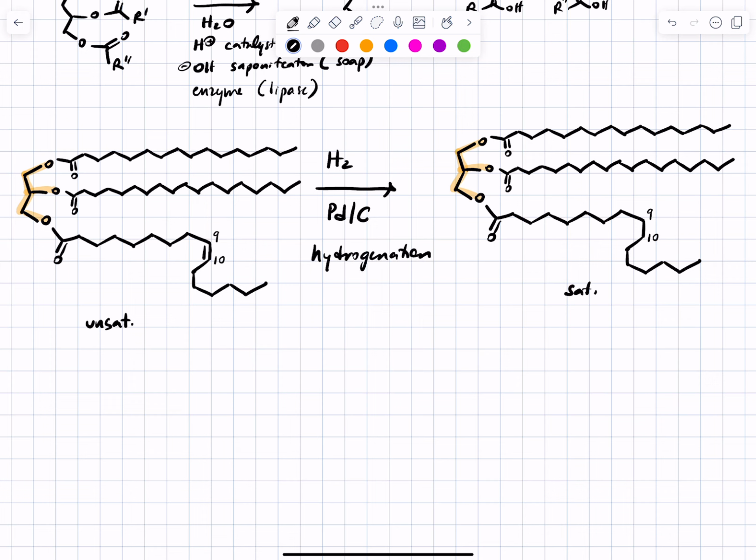So if you look at food labels, you will sometimes see the words partially hydrogenated vegetable oil or soybean oil, and all this means is that they have taken the soybean oil and subjected it to this reaction where they're adding hydrogen across the double bond. And this, of course, has the benefit of taking something that used to be a liquid or more liquidy and turning it into something that's more solid.